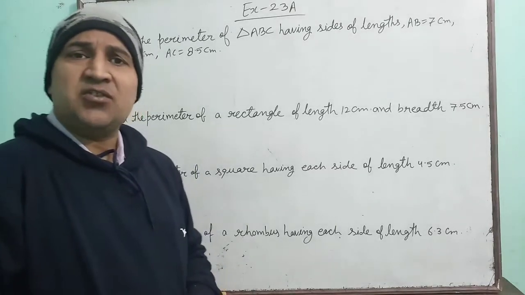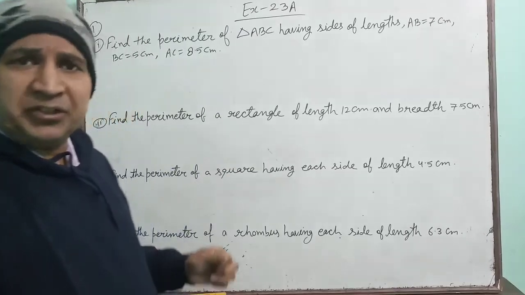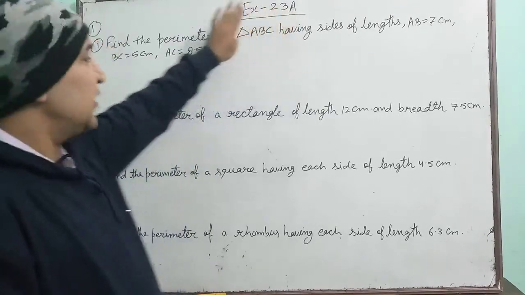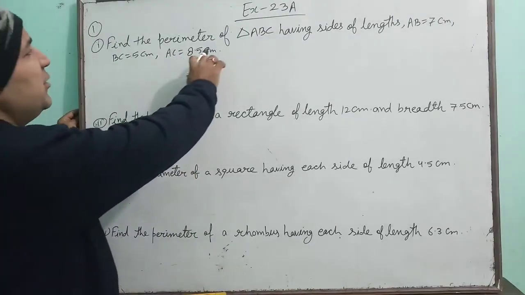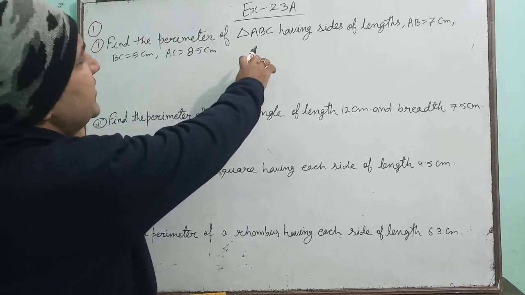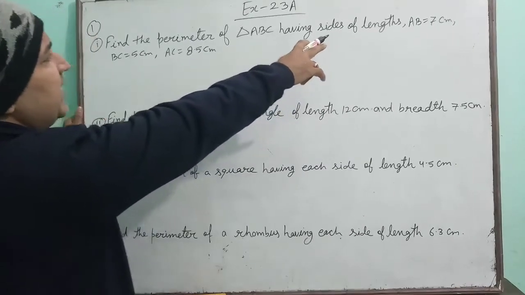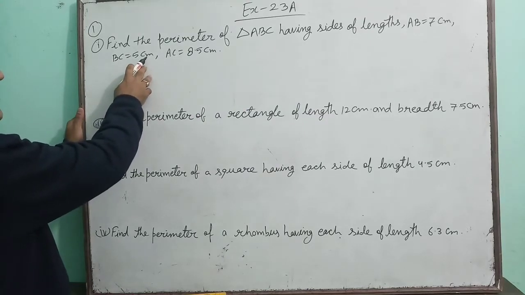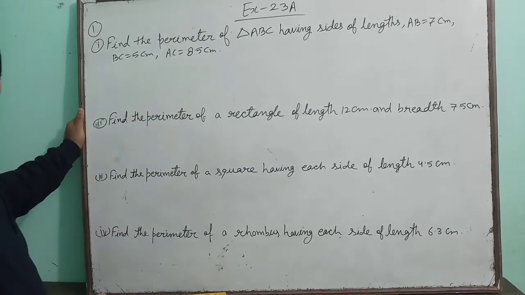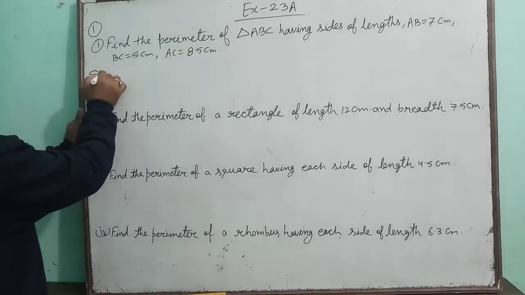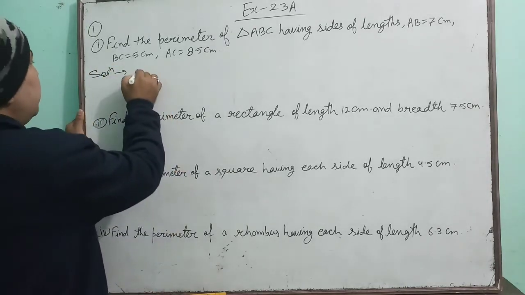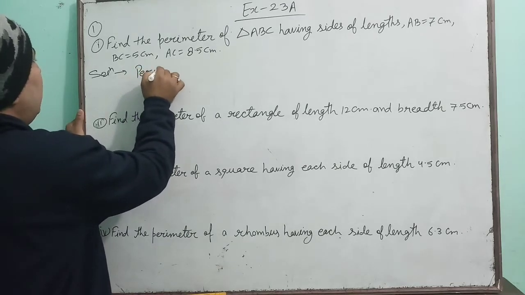Okay children, now see this question. Mensuration is 23rd chapter. So first exercise of your chapter is here. The first question is, find the perimeter of a triangle ABC having sides of length AB equal to 7 cm, BC is equal to 5 cm and AC is equal to 8.5 cm. So see children, the question is very easy. You have to find perimeter of